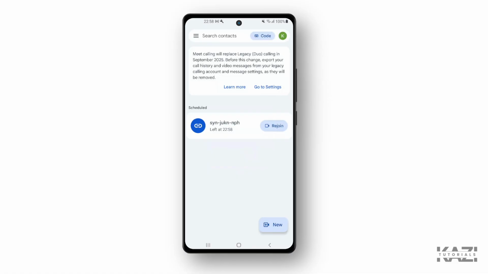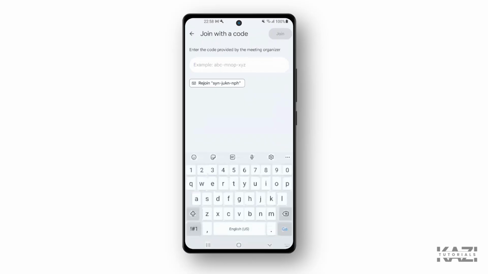And now you need to go with the code option right beside the search contact option. So tap on that. And now you need to simply type in the code, not the whole link. You just type in the code right beside the meet.com. So my code is, I will now type in like